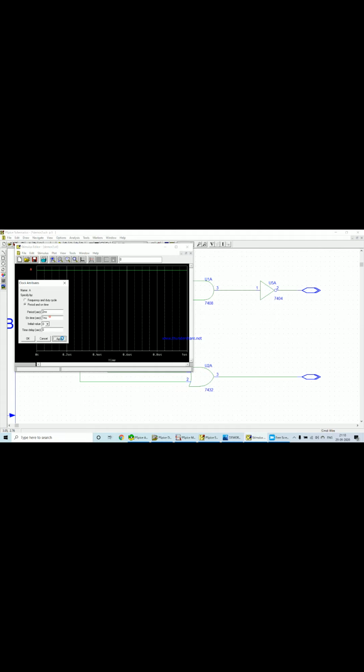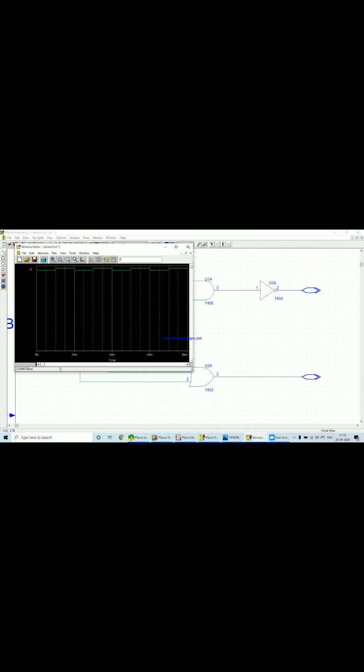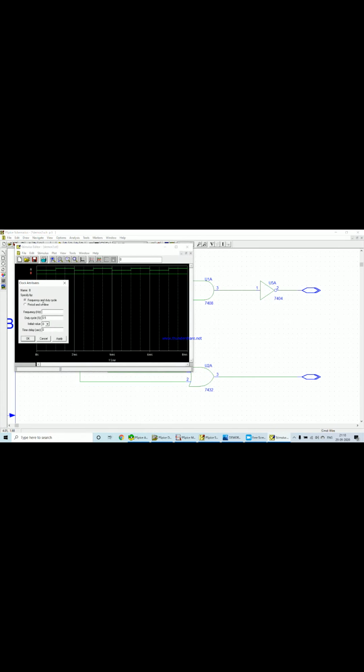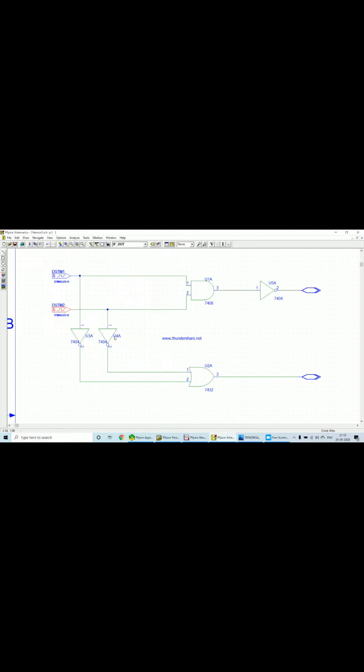I'll apply, press OK, close it and say yes. Then for B it is 1 millisecond and 0.5 millisecond. Apply, press OK, close, say yes. So you have set input A and input B.